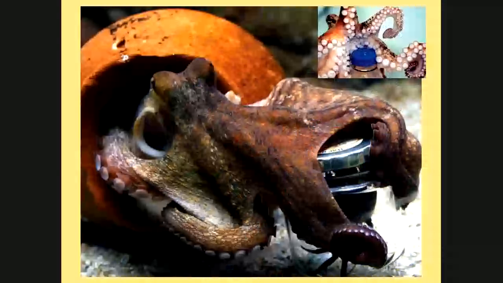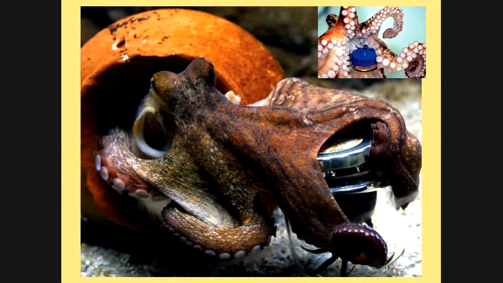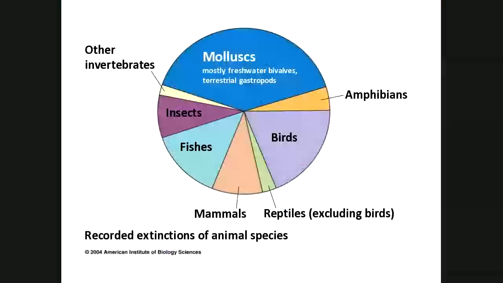Smart critters too. Intelligent animals. Put the prey into an aquarium in a jar and put the lid on there, and then see if the octopus can open the lid. It can not only open the lid, it can unscrew the cap as well. A lot of reports of divers on certain areas where there is an octopus, and the octopus develops a relationship with the diver, kind of like a pet. They come out and they like to be petted and everything. They're fascinating creatures. I think if I studied invertebrates, it probably would have been them.